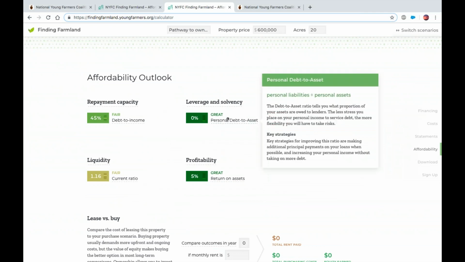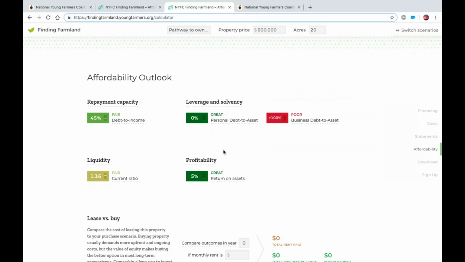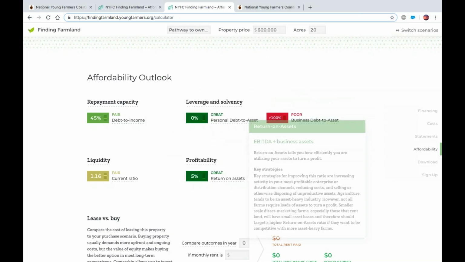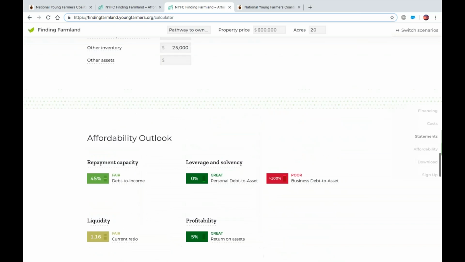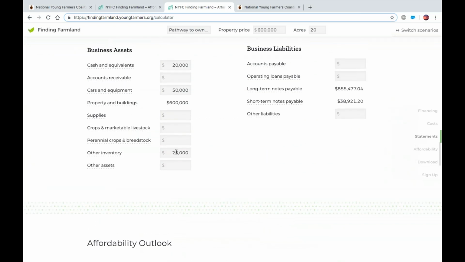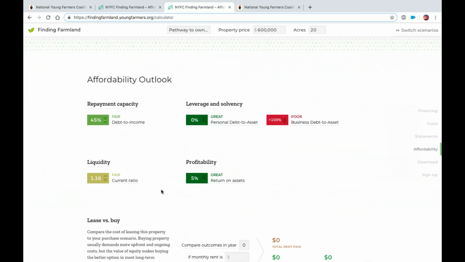So your personal debt to asset improved because you paid off your student loans. Your debt to income ratio improved because you are increasing your personal income and the property price is staying the same amount. Your profitability increased because you're increasing the amount of sales of your business on this new property because you've had 5 years to let your business mature. And your liquidity is increasing because you have more current assets, so you have more liquid assets. So things like this inventory is a liquid asset. It could be converted into cash readily. You have a little bit more cash compared to what you had previously.